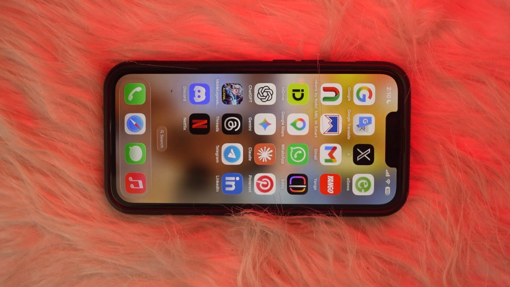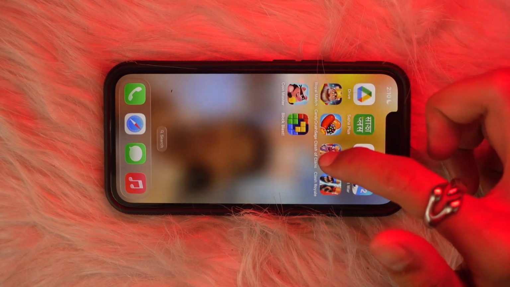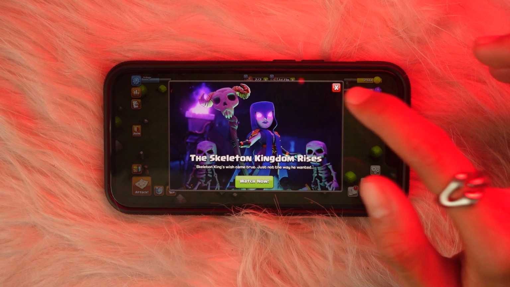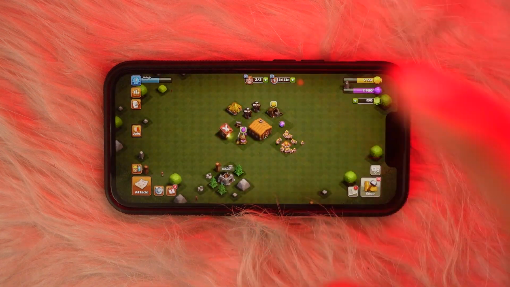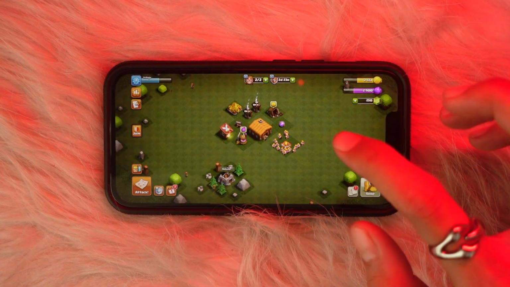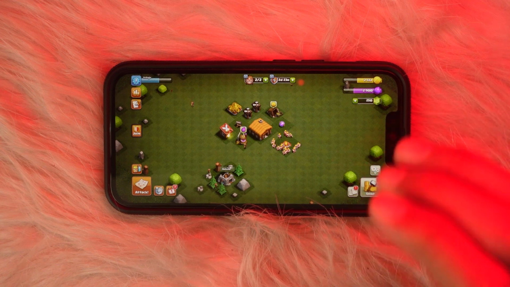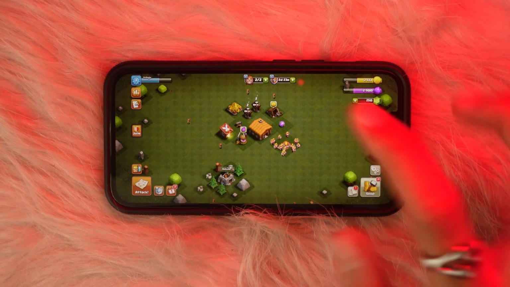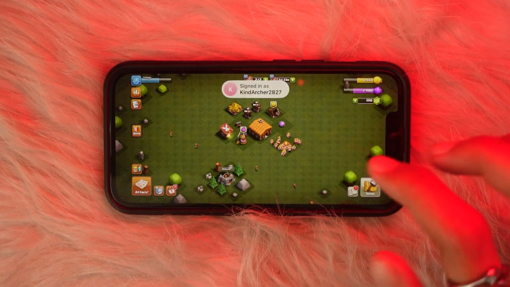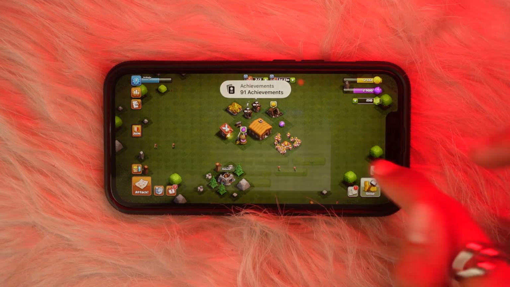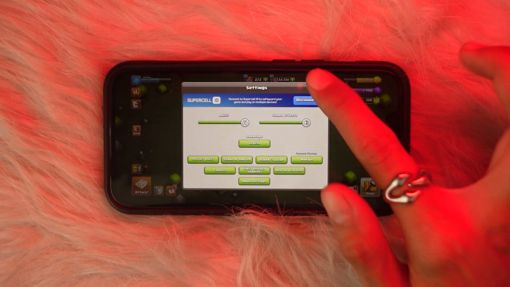In this video I'll show you how to sign up into your Clash of Clans game. For that, just open your app, and after opening, make sure you complete the tutorial. And after you complete your tutorial, they will give you some prompts and you have to read all of them, and keep tapping on your screen to skip those prompts,